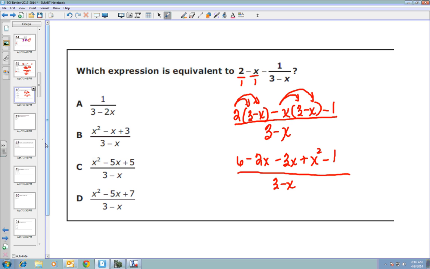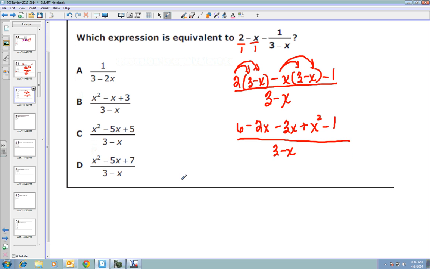So now the only thing left is to simplify the top. I'm going to write mine in order, so my x squared is going to come first. So I have x squared, so I've used that, I have a negative 2x and a negative 3x. That's minus 5x. I have a 6 minus 1, so that's 5 over 3 minus x. So what's my answer? C. Okay,